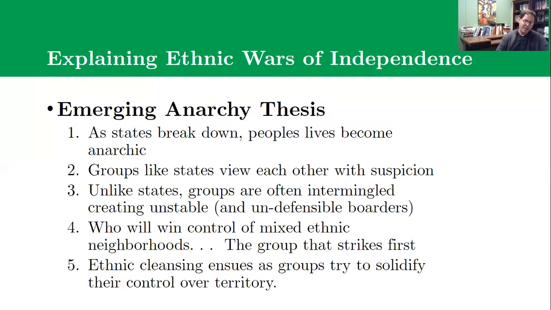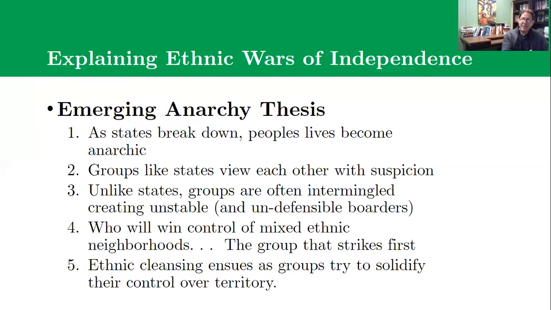A final story that we can tell about ethnic conflict and why ethnic conflict breaks out also centers on that idea of a moment of crisis, right? That something has happened, the state has been disrupted, and all of a sudden people aren't sure what's going to happen. And so this theory works a little bit differently. It's the emerging anarchy theory, and it says that as states break down, right, people's lives become anarchic, like the international system, right, which is anarchic. There's no central authority, and there's no international 911 service, right? If you get into trouble in the international system, you can't call and get help from the police. Well, when a state starts breaking down, that dynamic becomes real for people in their everyday lives. There's no one you can call for help because there's no state authority to enforce order.